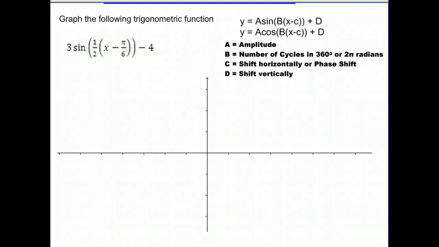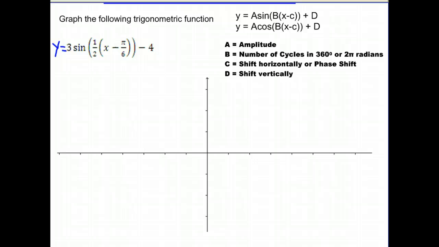Today we're going to learn how to graph a function given its equation. So here we have y equals 3 sine of 1/2 times x minus pi over 6, minus 4. If you remember, in the past we usually deal with sinusoidal functions in this form, where y